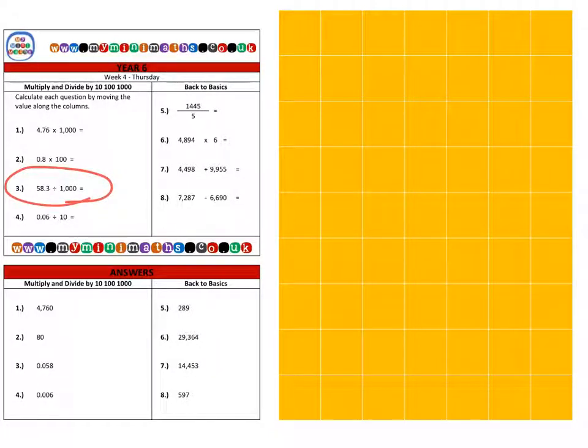Now this time we're going to be dividing. It's 58.3 and we're dividing that by 1000. So, which means that we are dividing by 10, dividing by 10 and dividing by 10, so that's 3 spaces smaller. So if we take our number